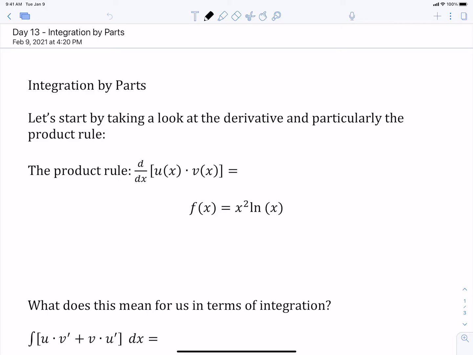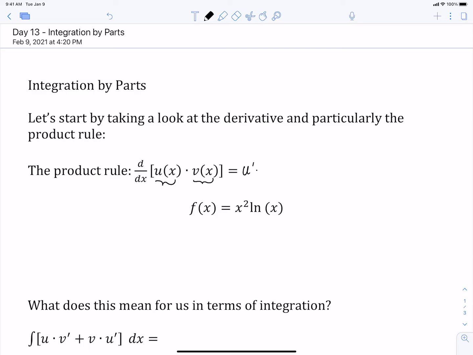So we're going to start here taking a look at integration by parts. What we need to do before that, though, is take a step back and take a look at the product rule with derivatives. As a quick reminder, our product rule is that when we have two functions, u of x times v of x,